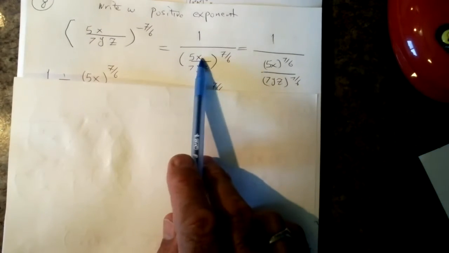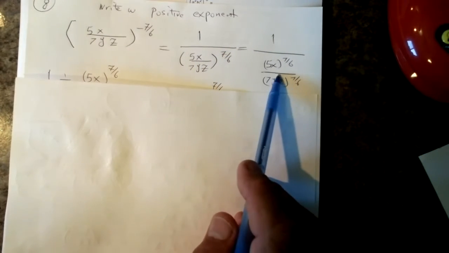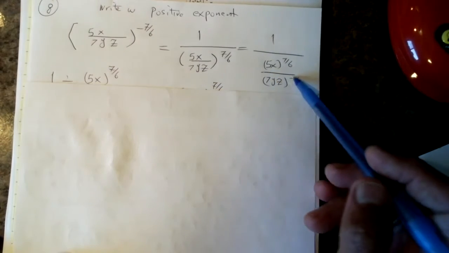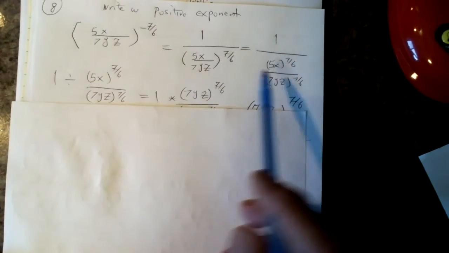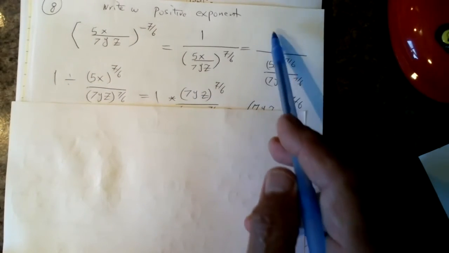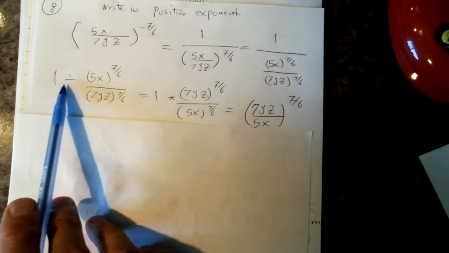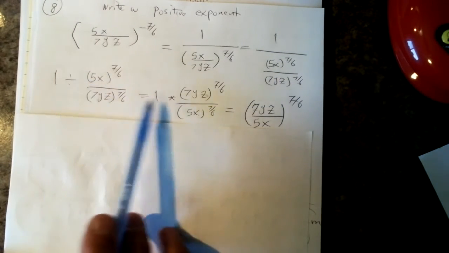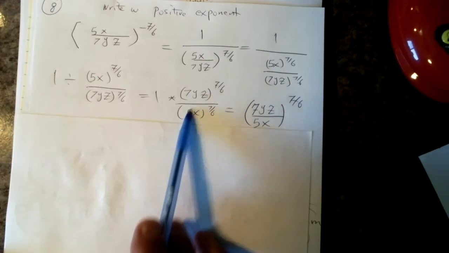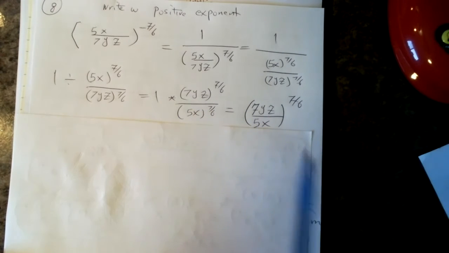Then you could also write 5x to the power of this to the power of that. And then you reverse it. You just say, you know what I have here? I have 1 divided by this fraction, right? 1 divided by these fractions. You understand that if you want to change division to multiplication, you get to inverse this. You do that. So then that's what you